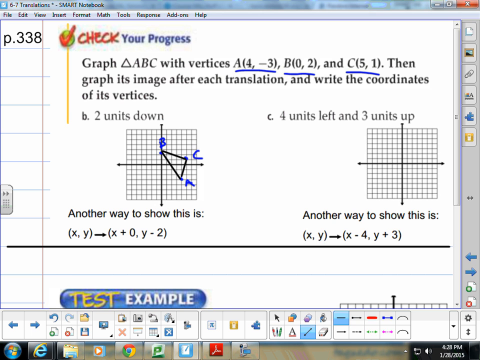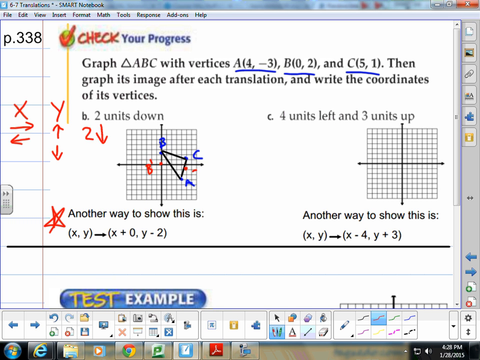It says nothing left or right. So that means, and we have to know that X controls our left and our right, and Y controls our up and our down. So this means we're going to be changing our Y coordinate by going down 2. So another way to show this here. Okay, so we could show with our line. So we're going to go 2 down. So B is going to end up here. C is going to end up here. A is going to end up here. And our new figure